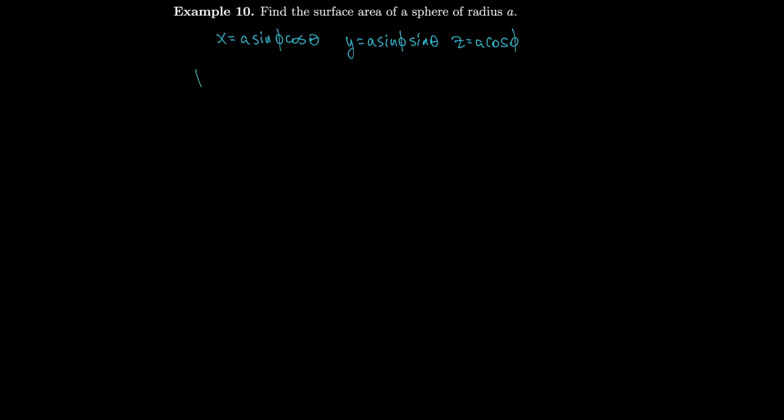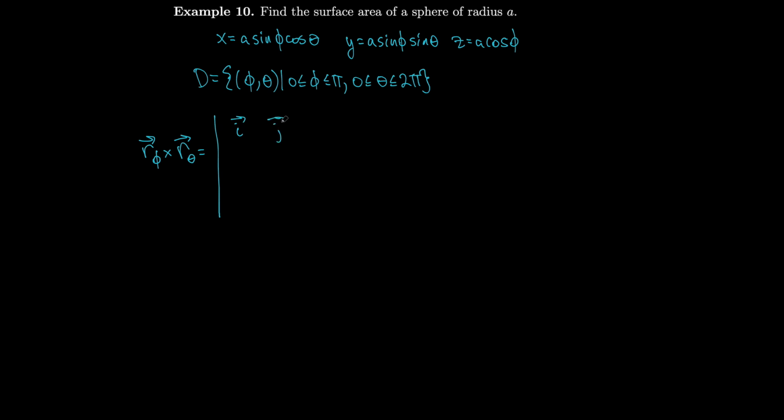So then we have D equal to all of the phis and thetas such that phi goes between 0 and pi, and theta goes between 0 and 2 pi. So this means that r phi crossed with r theta will be our normal vector. So that's going to be